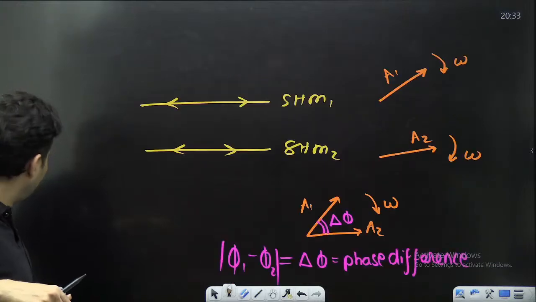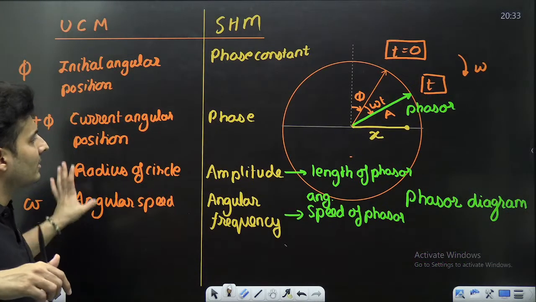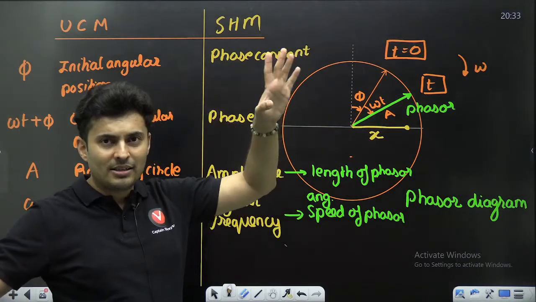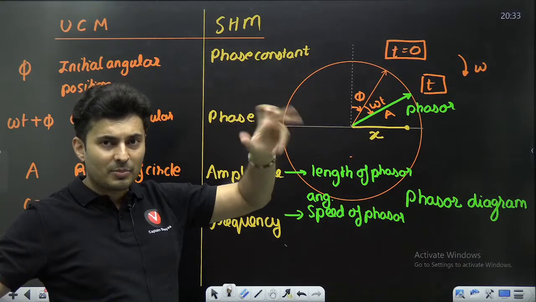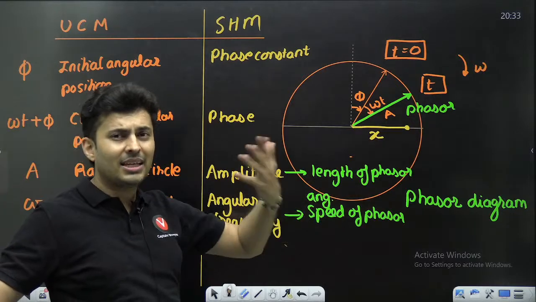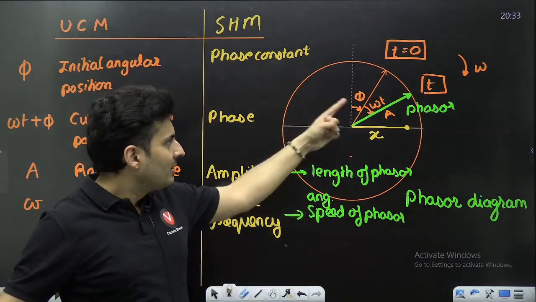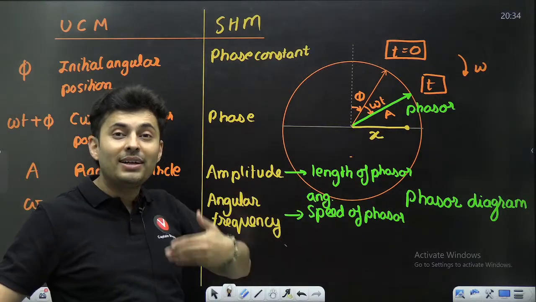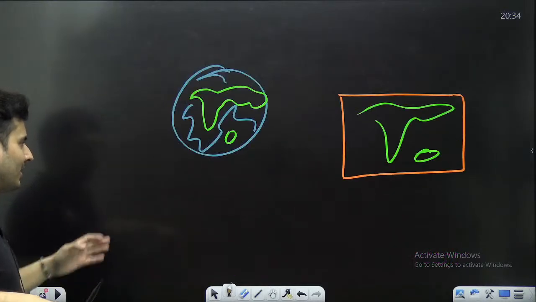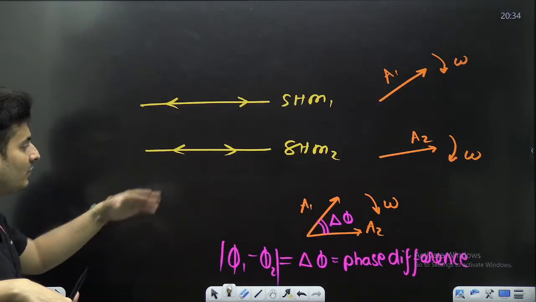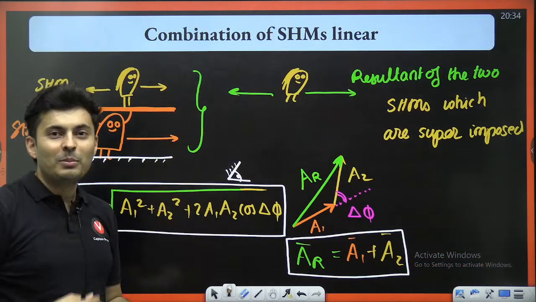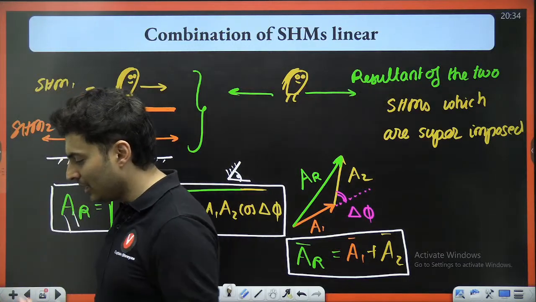Main thing you should realize, even in AC, alternating current, you'll be seeing this. Whenever you have SHM, you can think of a visualization which is called a phasor, whose speed is omega, whose length is A, and the diagram is called phasor diagram. It just tells some qualities of the SHM. That phasor can often be treated like a vector in many situations, and you can add and subtract them like vectors, finding the difference between them or superimposing them together. Got it, my dear warriors?